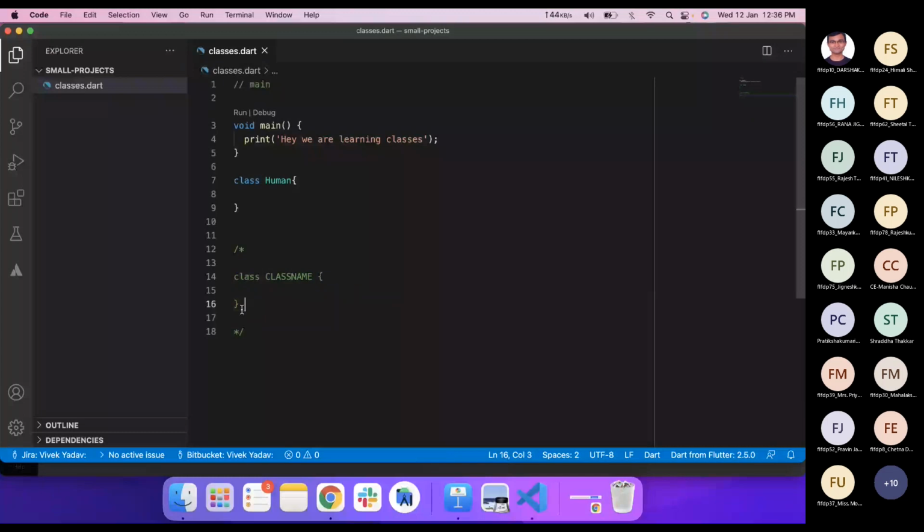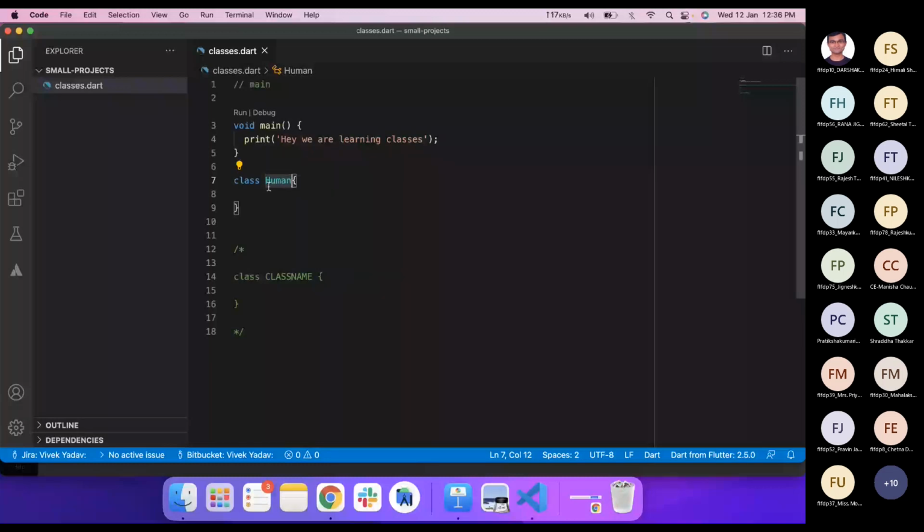And if you ask me how the class name should look, the first letter should be capital, followed by camel case.